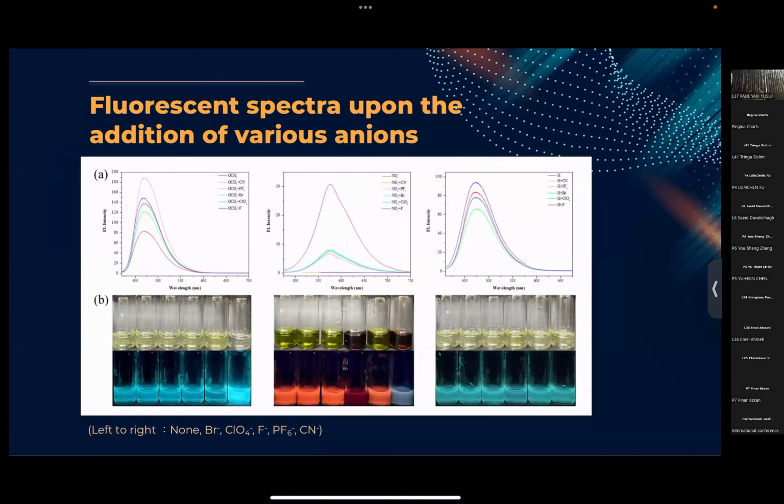You can see in the picture, both DIAOMe and DIAN demonstrated a discernible selectivity for CN-. In the presence of CN-, the DIAOMe solution underwent a noticeable transition in color from green to colorless when exposed to visible light, accompanied by an intense blue fluorescence emission under UV light.